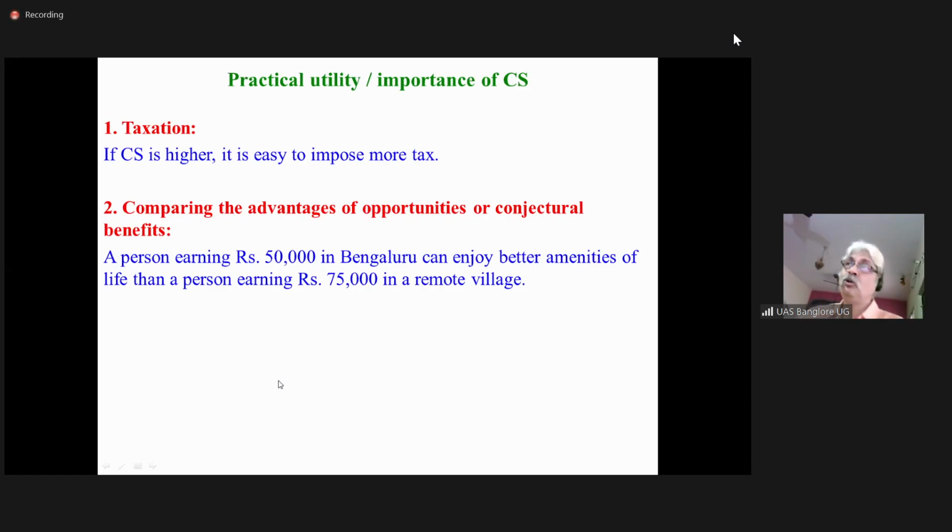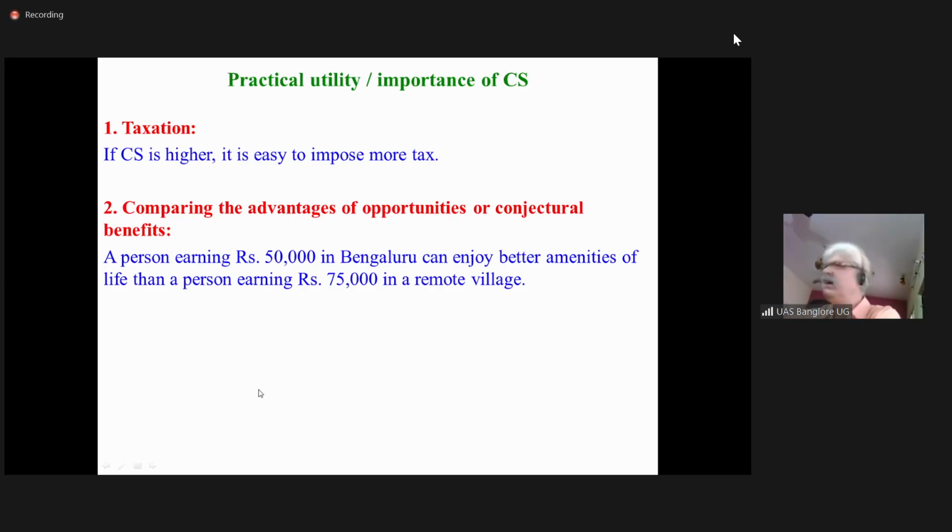Okay, and you want to watch a cinema, in the morning you can book the ticket. If you are in Bangalore, book the ticket in the morning, and in the evening you can go there. But if you are living in a remote village, if you have to go to a theater and watch the movie, then you have to go to the nearby town. In Bangalore, you have so many theaters, so many choices, because each theater will be exhibiting different films. So you have so many options. But in a remote village, it is less, and so on.